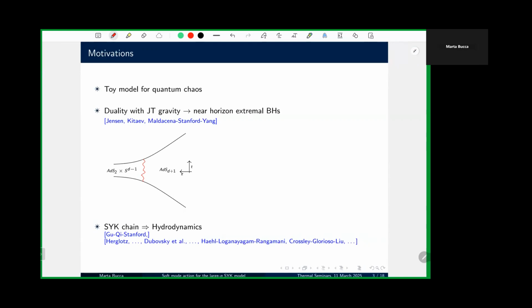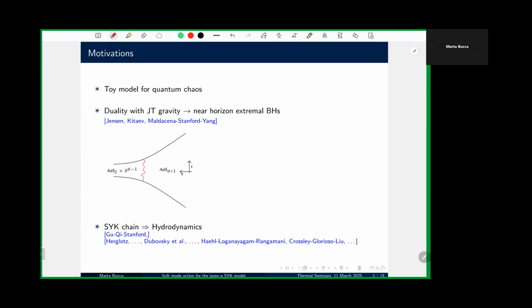Well, first of all, SYK is a good toy model for quantum chaos. It's probably one of the easiest chaotic models that you can write down. And it has a gravitational dual. This gravitational dual is known as JT gravity. It's a two-dimensional model of gravity. And it describes the near horizon region of extremal black holes. So